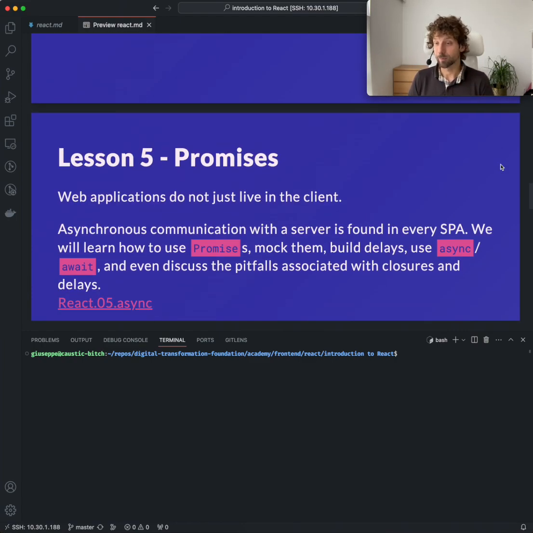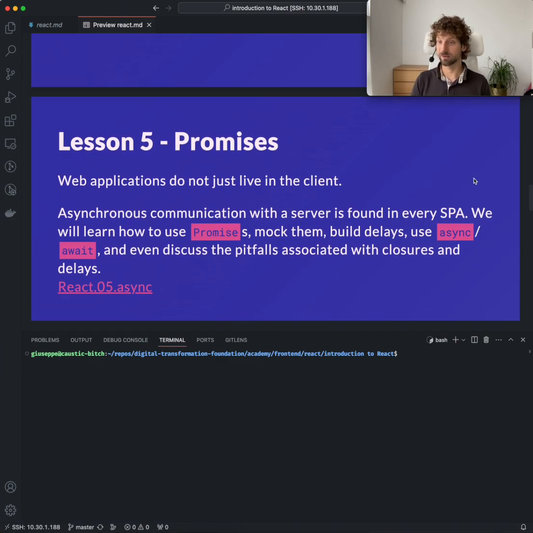Of course, web applications do not just live in the client, and asynchronous communication with a server is found in every single page application. That is, you need to read things from an API, you need to save things to an API, and this is usually done with promises. We will not see how to build an API because this is not a course on backend programming, just front-end programming, but